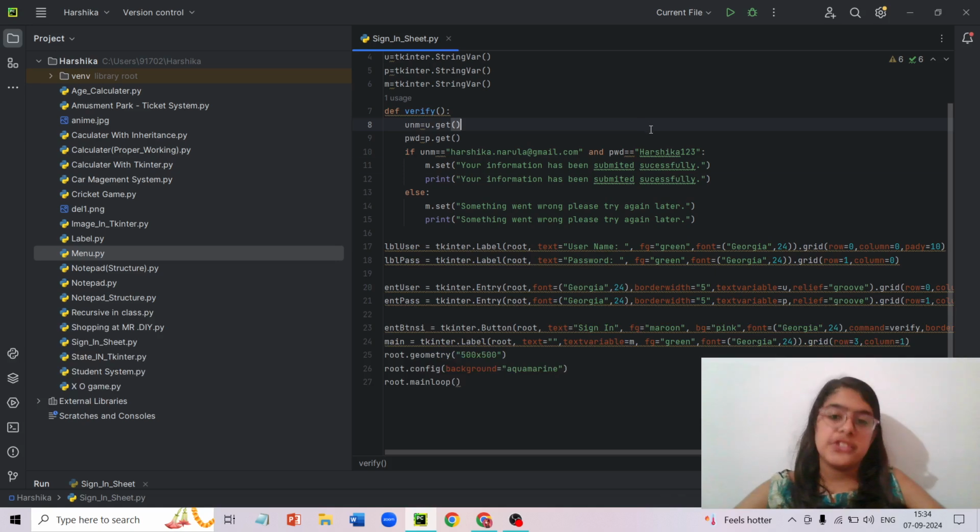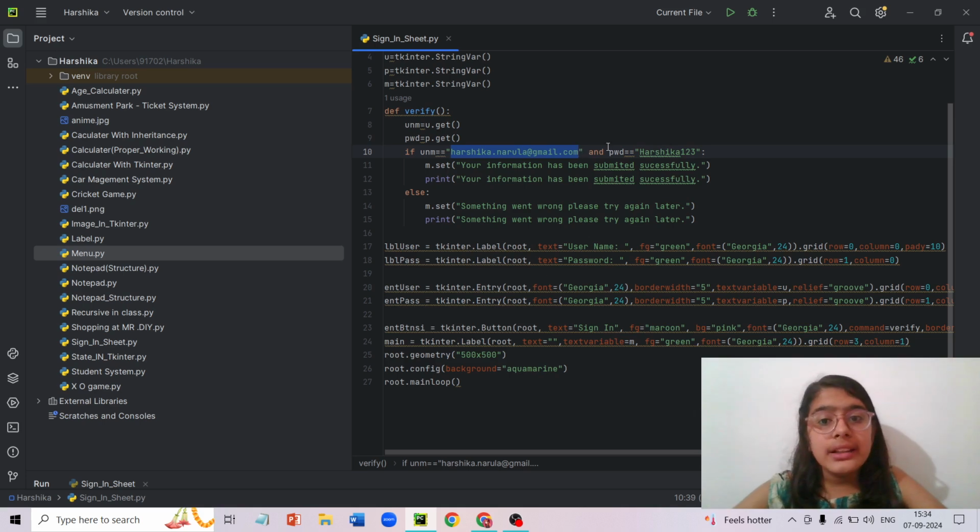And then I've written an if statement. The if statement says if unm, which means if the username is this and the password is this, if both are true, then only it will say your information has been submitted successfully, and it will also print. If I want, I can delete the print, but I'll just leave it. And then there is else.